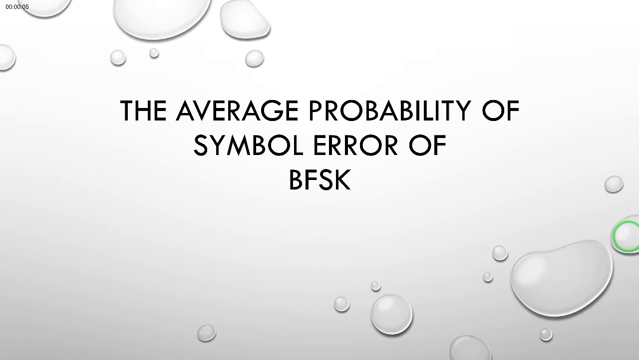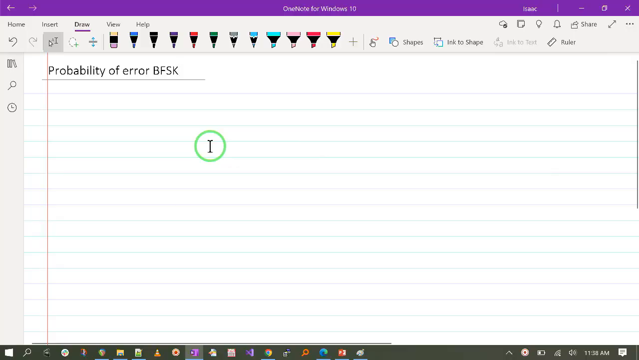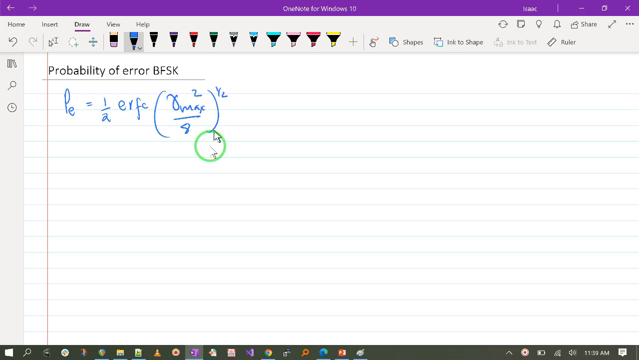So our next subject is discussing the probability of error for BFSK, and we follow the same method we have followed in our previous examples for ASK and BPSK, where we say that probability of error is defined by a general formula that says half erfc, the complementary error function, of gamma max squared divided by 8, to the power half. And we have already seen that gamma max is given by 2 over N0,